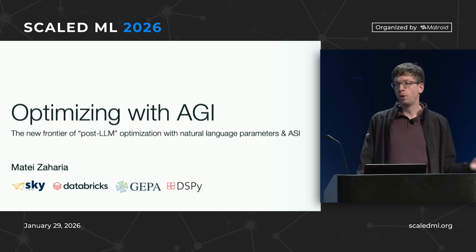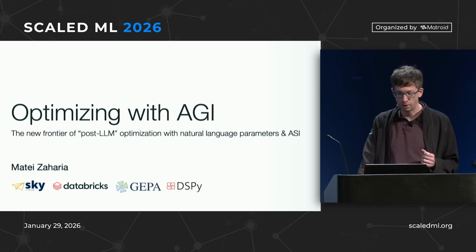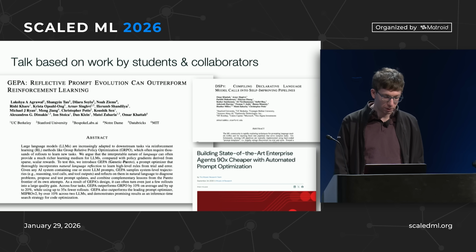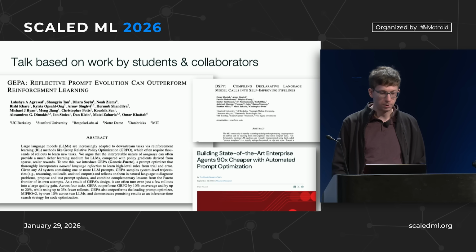So it turns out you can phrase a lot of things that before maybe you couldn't as an optimization problem that these tools can help with. So that's what I'll talk about. This is all based on research, as I said, much of it from my student Omar, who's now a professor at MIT and developed GEPA and DSPy, two of the early systems in this space, and also some stuff from Databricks that we've been doing.